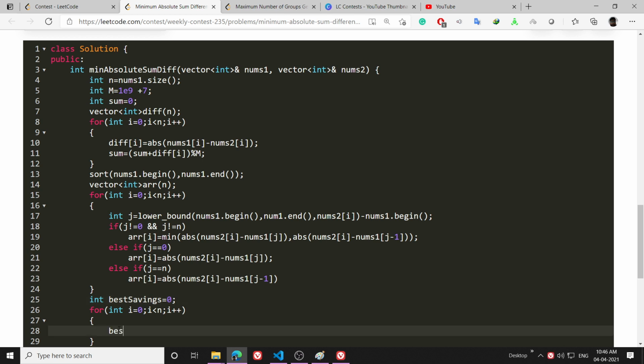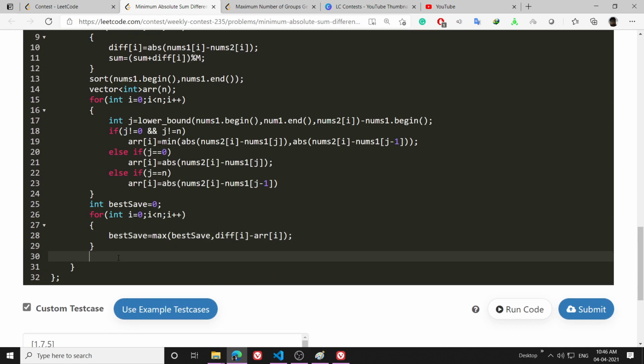Then best save is equal to the maximum of best save, comma, difference[i] minus array[i].